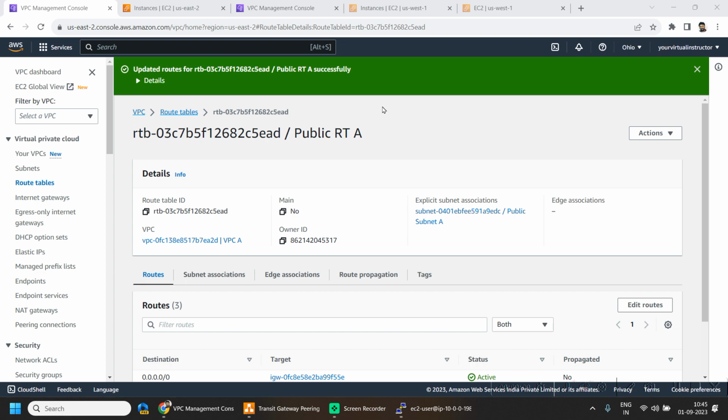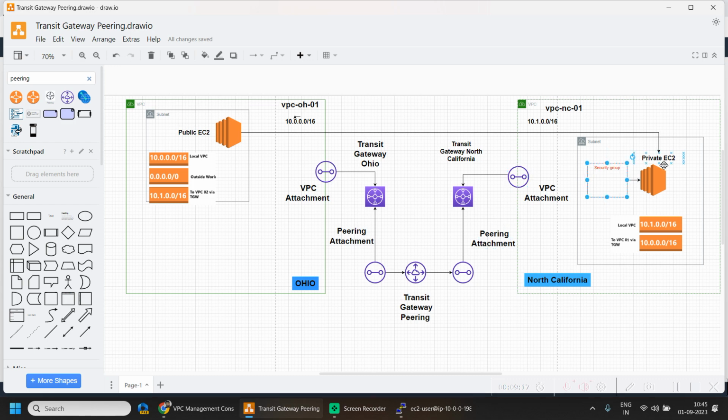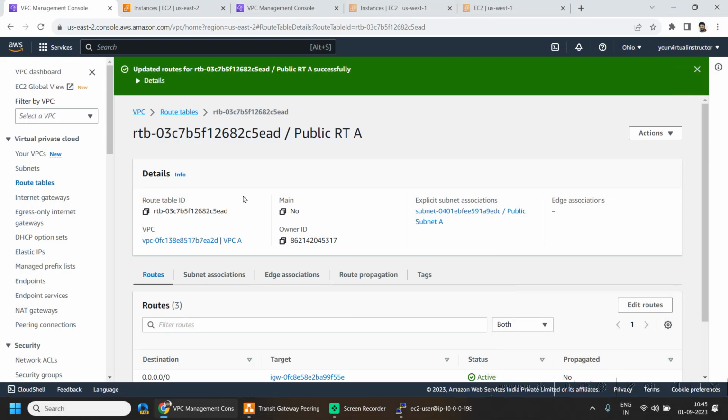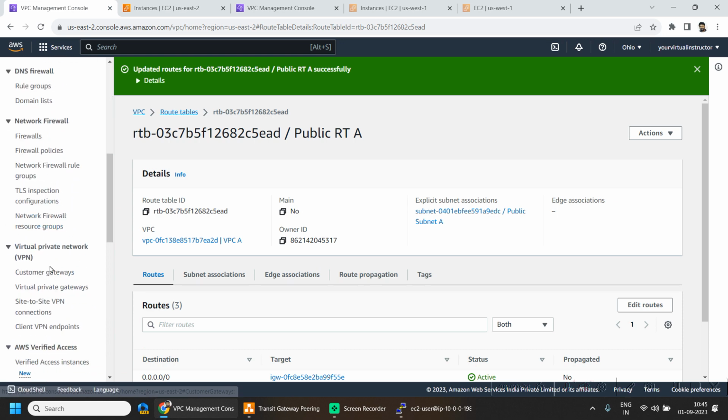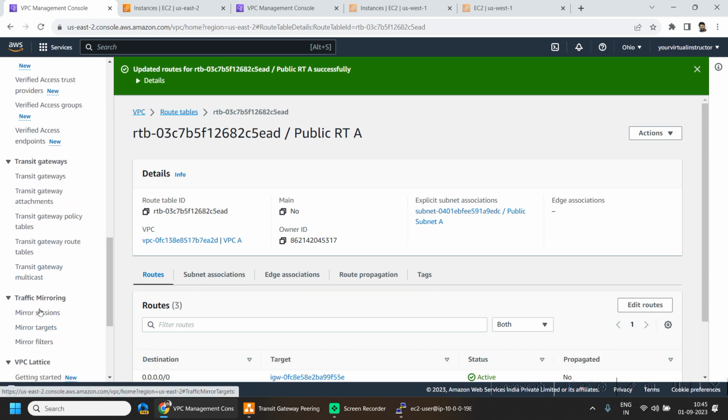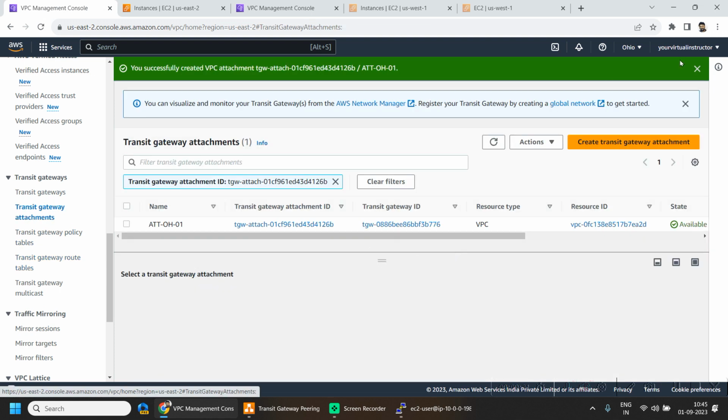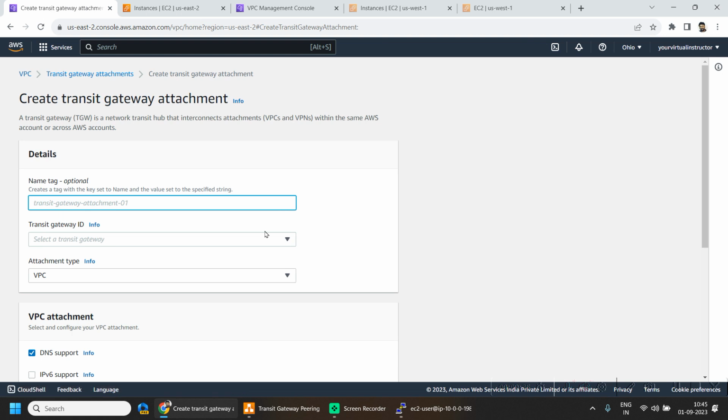Now we have added the respective routes, and we already have the security for the private EC2 machine in place. So now I will be creating a peering between the transit gateways. For that I will go to the transit gateway section again, click on transit gateway attachment, and here I will create a transit gateway attachment,